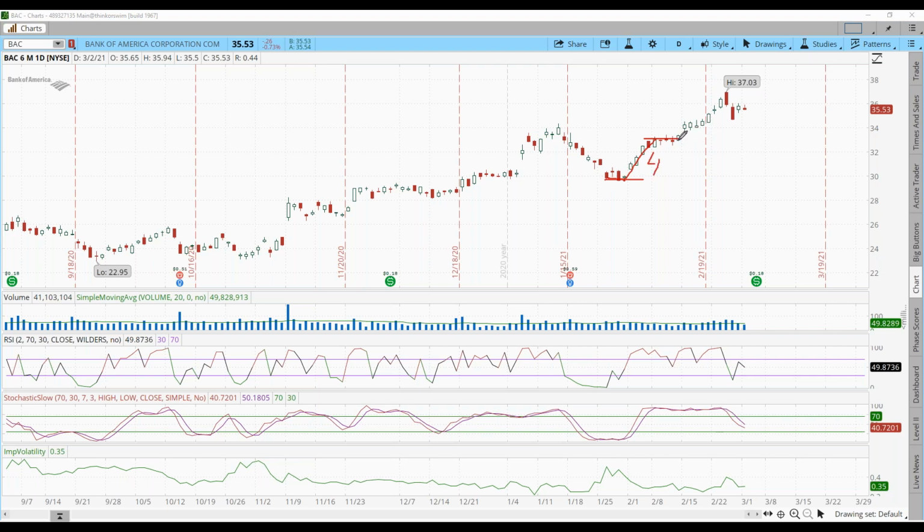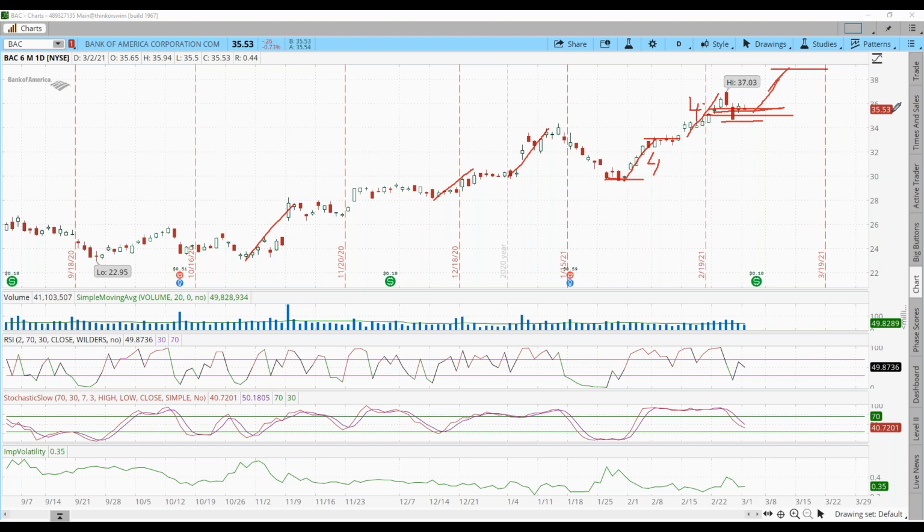Then we moved from 33 to 37. There's about 4 points there. You can see we had one there. This one was only about 2 points, so not as much. But that's kind of what we're thinking. Do we have a 4-point move ahead of us? We'll say from 35, so that would maybe give us a target up here of 39. I maybe have a stop loss just under this low.